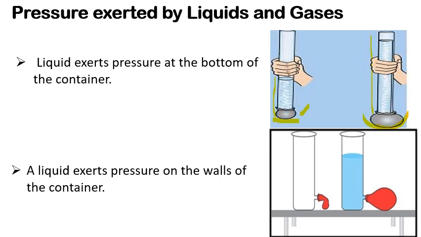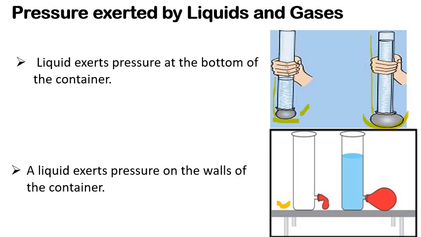Let's see another activity. For that, take a glass tube and make the arrangement as shown in the figure. So, fill the bottle up to half with water. What do you observe? Here you can see after filling the water, the balloon fixed at the side of this glass tube is bulged. Pour some more water in the bottle. After adding more water, you can see more bulge as here.